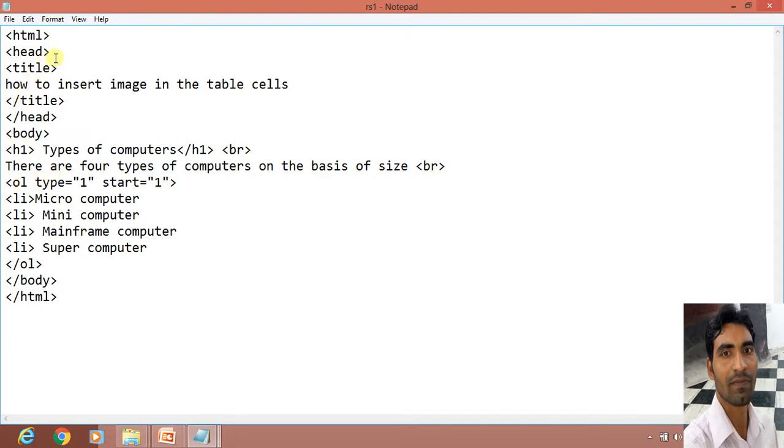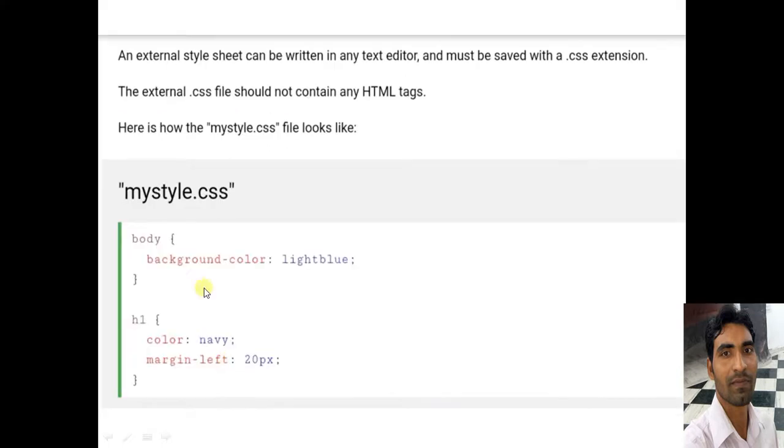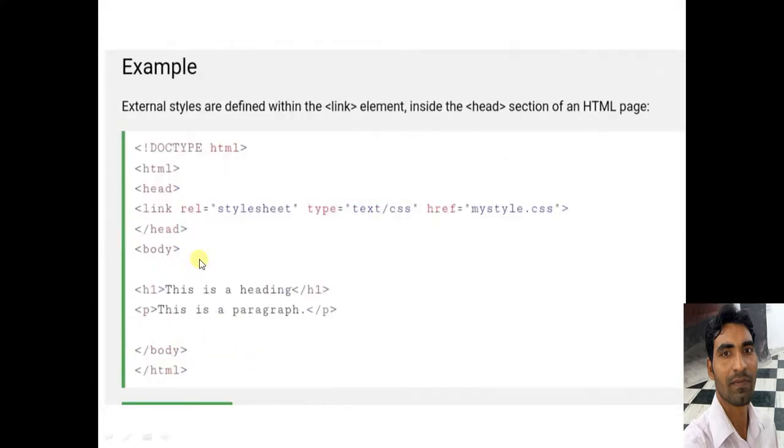Inside the head tag, here is the head tag, so press the enter key after the head tag, then write the link tag, space, rel equal to stylesheet, as it was given here in the presentation, as I have shown. Right, here stylesheet, then type, then href, that is the link.